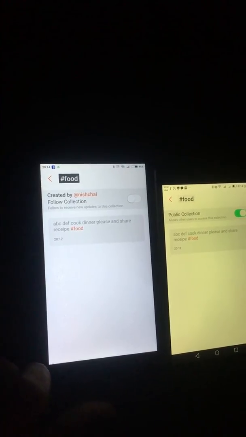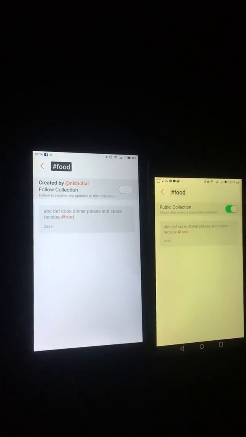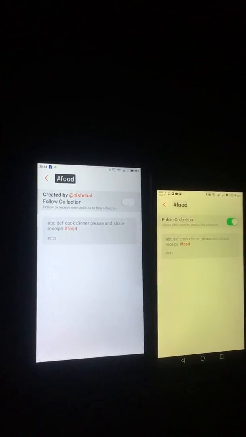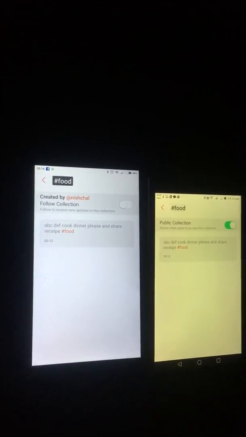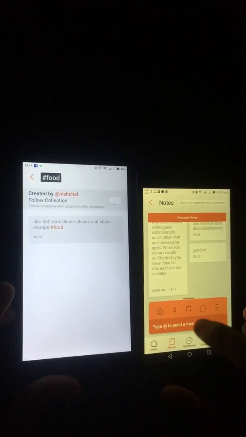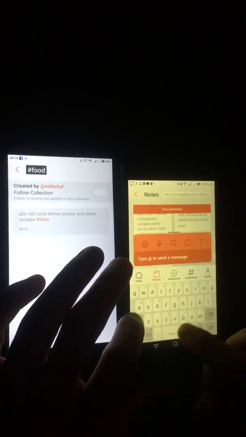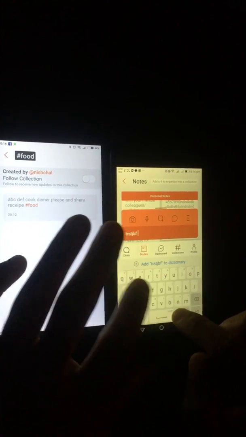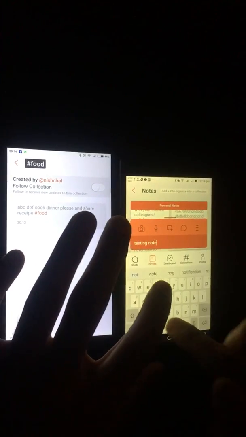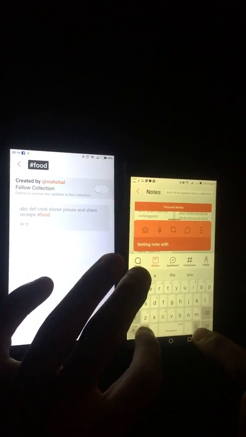The usefulness of this part of our app is that you can literally organize all content, including the notes. I'll demonstrate how this works on notes. Let's say I create a note, testing note with hashtag food.